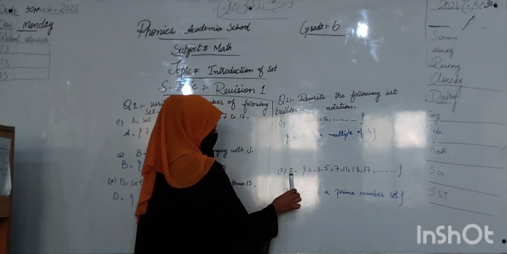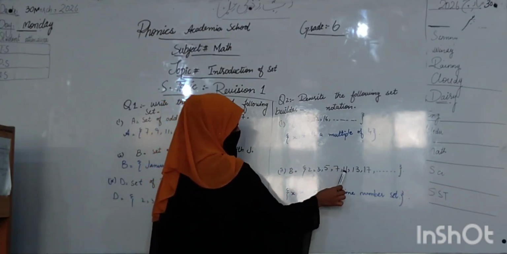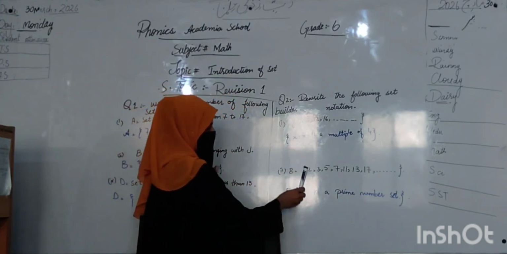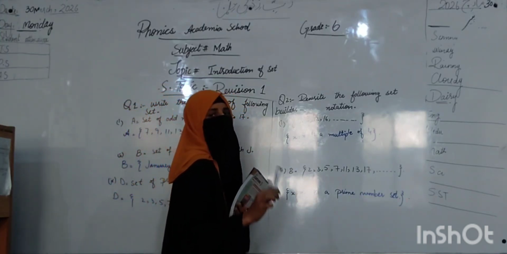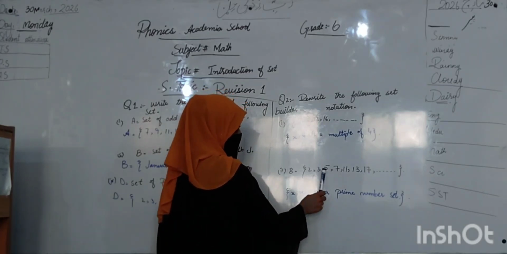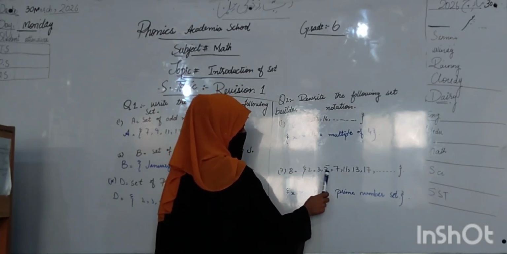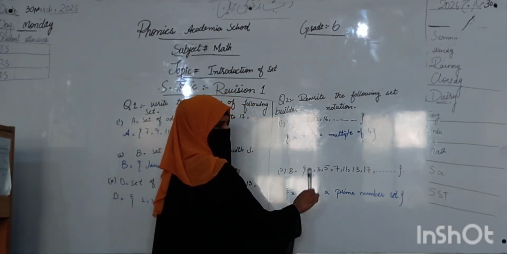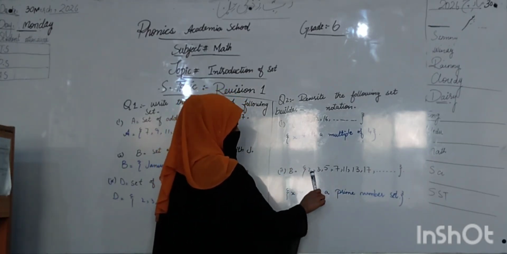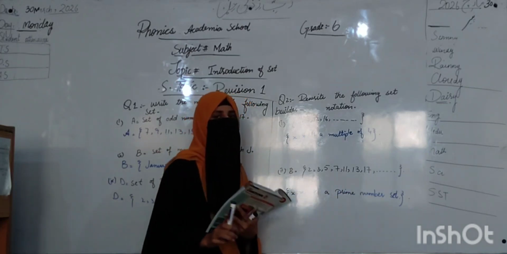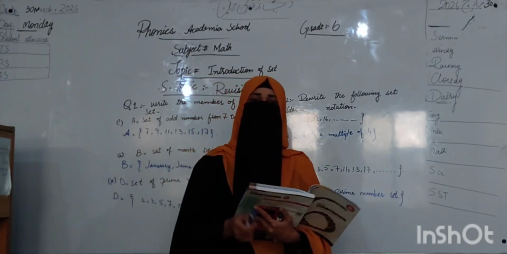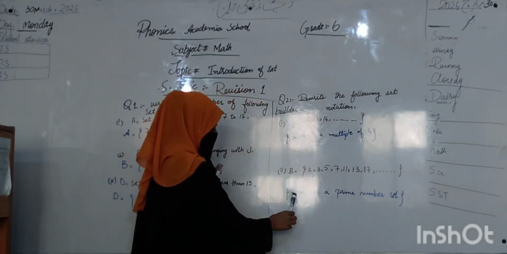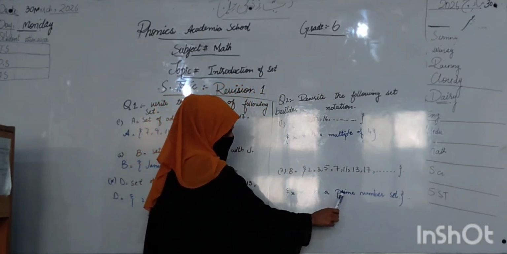Then part B is equal to 1, 3, 5, 7, 11, 13, 17. Students, you know that these numbers come only in their own table and the table of 1, because 9 is not written. After 2 differences, they did not write the 9, and you see there is only a difference of 2 after 3. So you see these are numbers which come only in their own table and the table of 1. So it is a prime number. So set builder notation is a set of prime